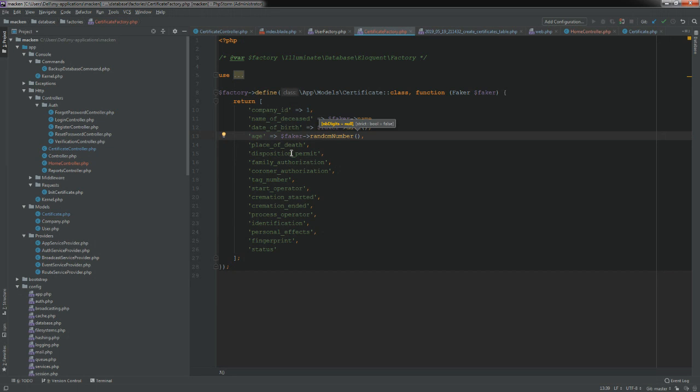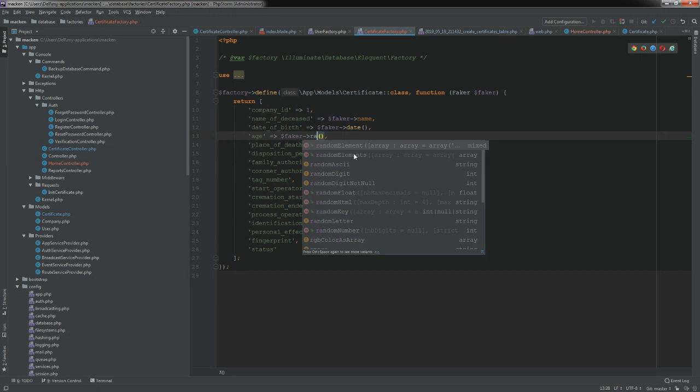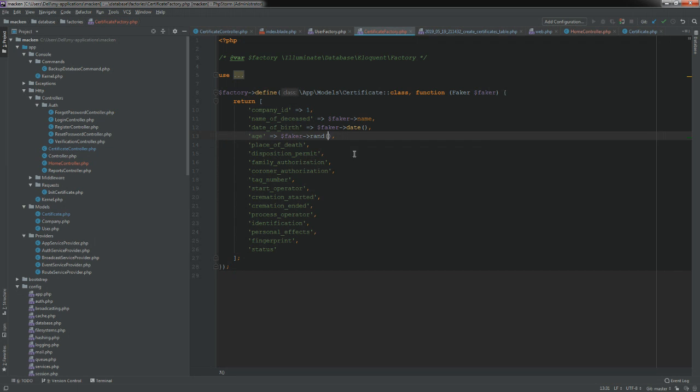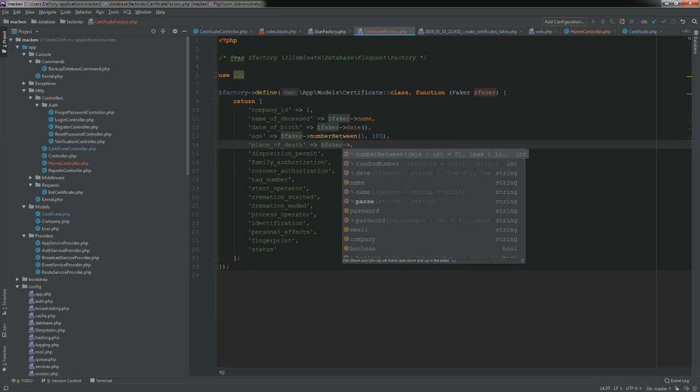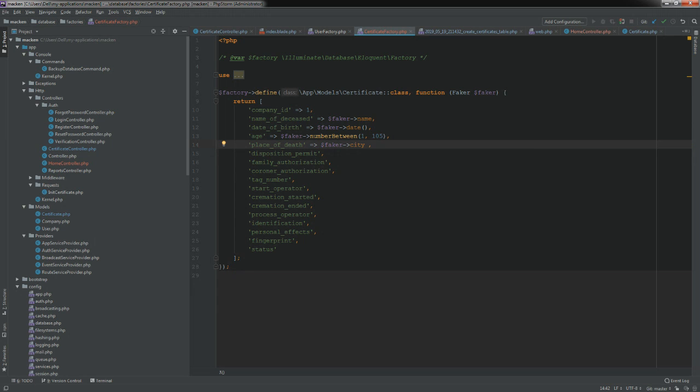We want to have an actual age, so let's do number between, 1 through 105. Place of death, we'll just call it any location. Baker, city, concatenated with